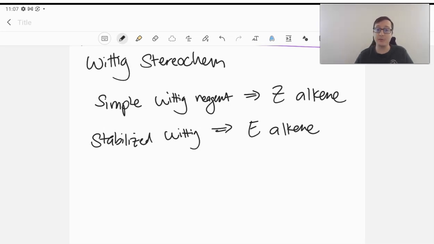So when we consider the Wittig reaction, we can consider the stereochemistry. And we will see that experimentally it's been determined that if you have a generic simple Wittig reagent, just something with carbon and no special carbon units, you'll typically get the Z alkene as your predominant product. For example, if we take this with